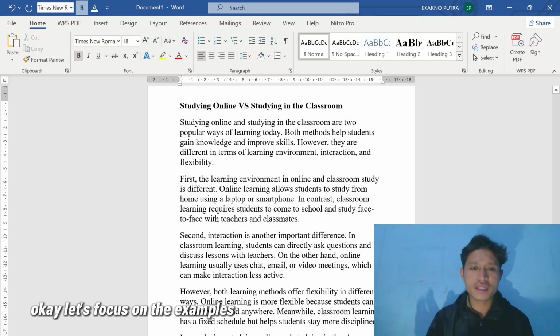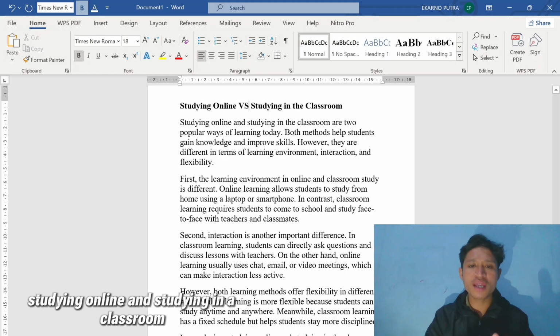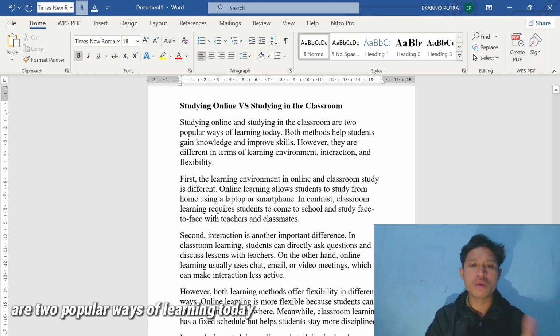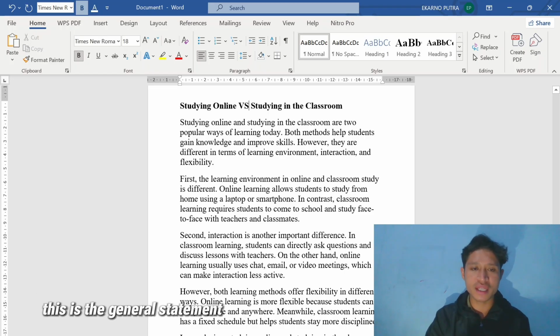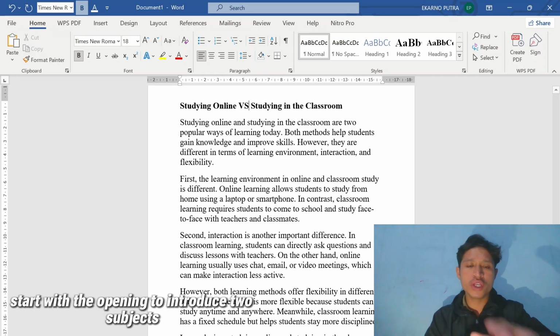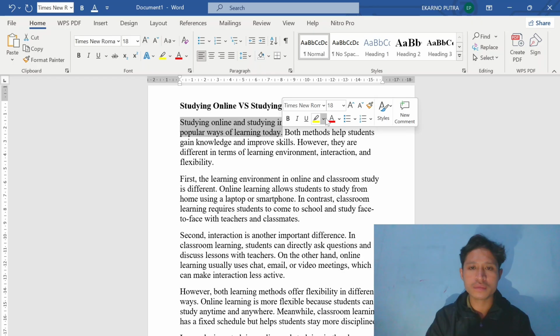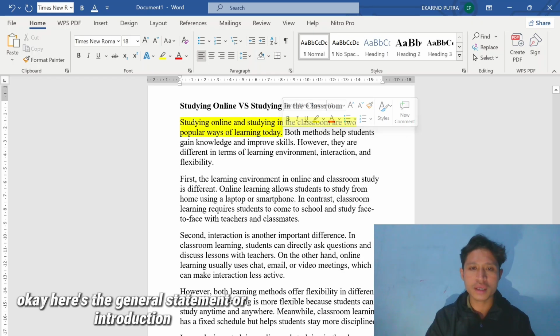Okay, let's focus on the examples. Let's analyze this. First, here's the general statement. Studying online and studying in a classroom are two popular ways of learning today. This is the general statement, where the text starts with an opening to introduce the two subjects. Here's the general statement or introduction,